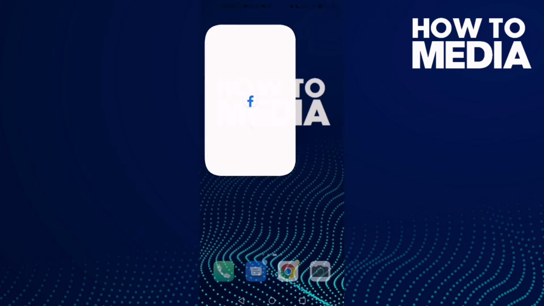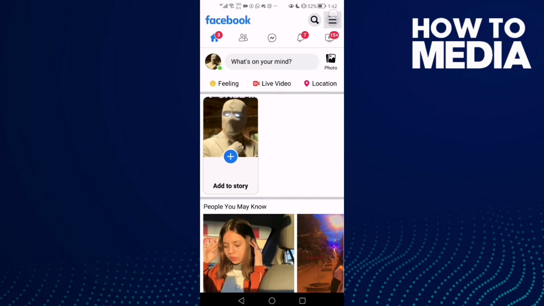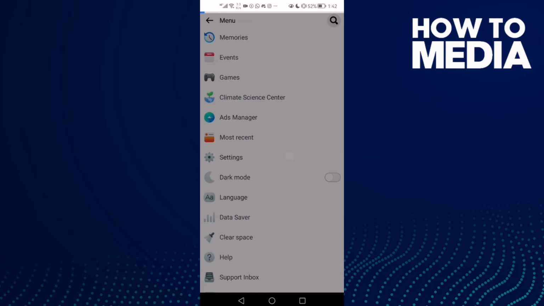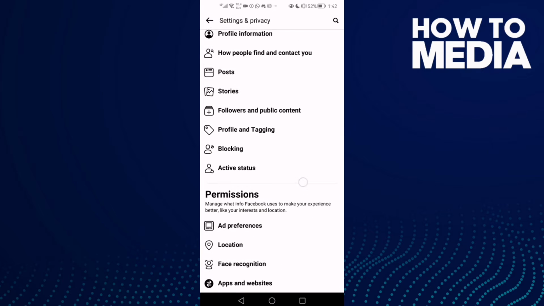First thing, go to Facebook Lite. Here you will find these three lines in the top corner. Click on it and then just go down. Here you will find settings and then